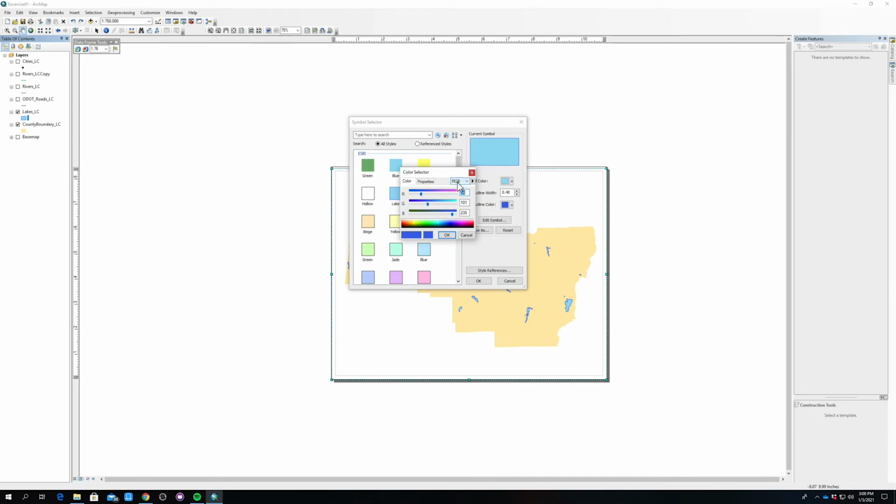And I won't get into what these options are too much, but you can go ahead and play around with the saturation of your colors. You can play around with the different hues. This is what HSV stands for. There's hue, saturation, and value. So you can mess around with these different